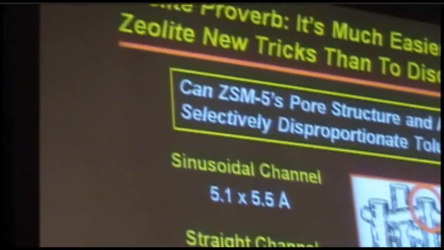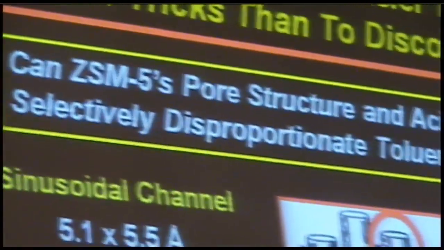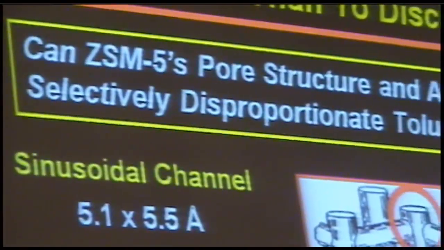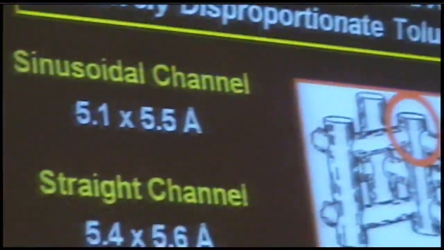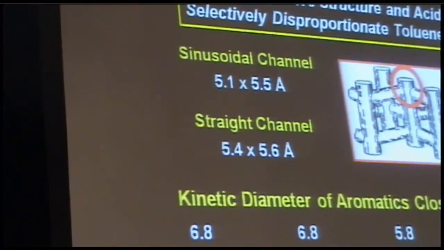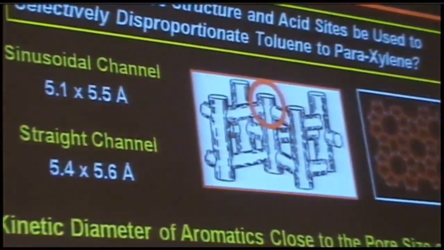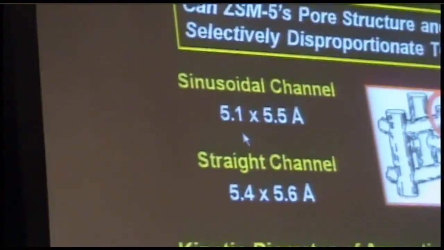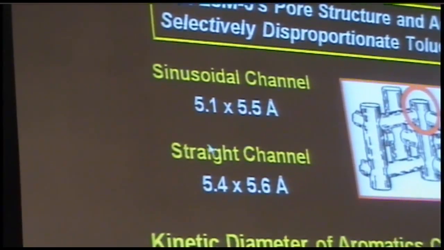Some of the other zeolites like MCM-22, which we use for ethylbenzene and cumene synthesis, has also been very productive in its versatility in different reactions. So ZSM-5 has two types of channel systems. It's got a sinusoidal channel, which winds through the crystal, and a straight channel. And you can